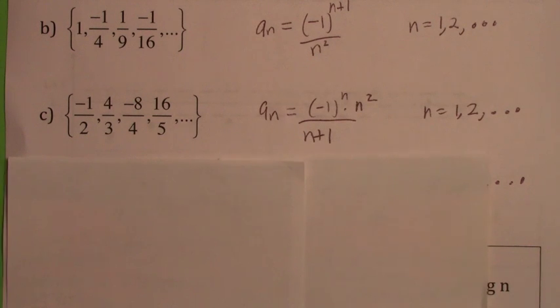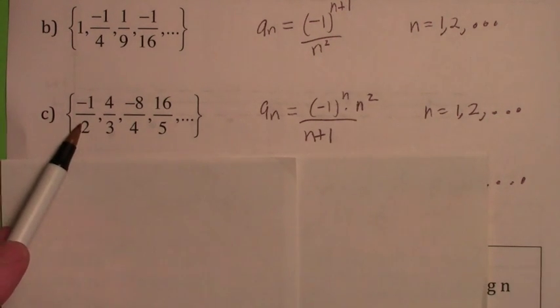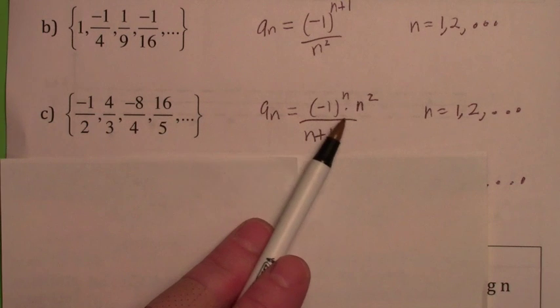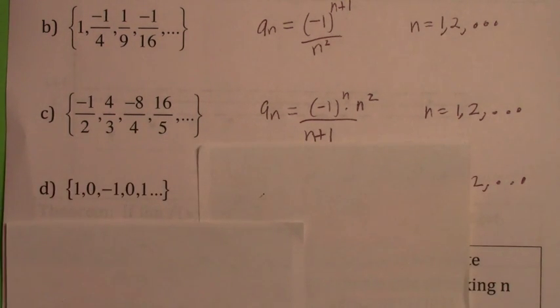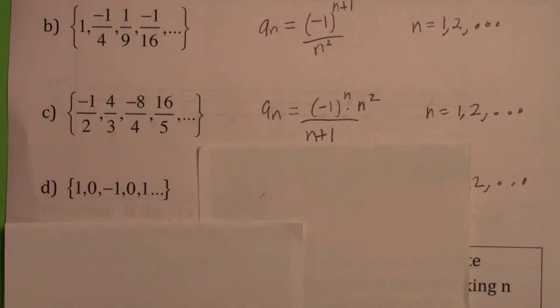I get this. Notice the first term is negative, so you could use a negative 1 to the n here. And you have an n squared and an n plus 1 on the bottom. Nice. This one's kind of tricky. This one is actually